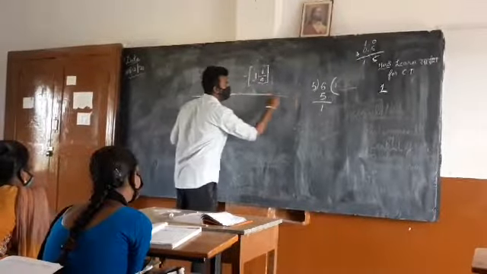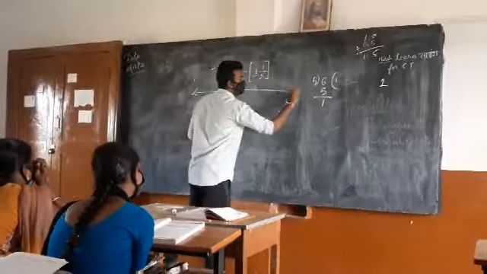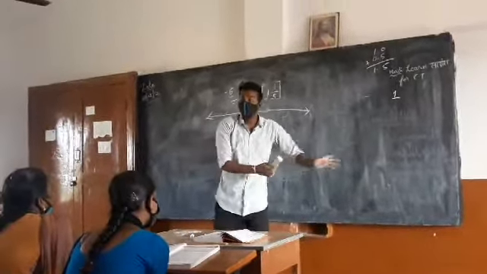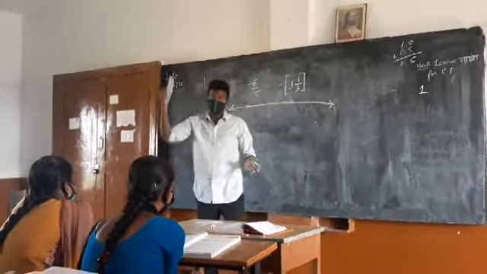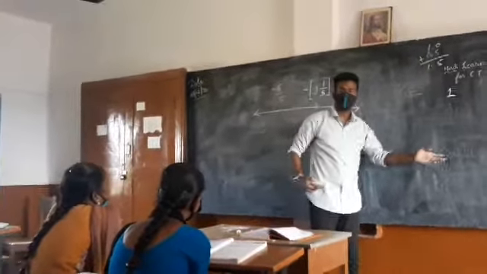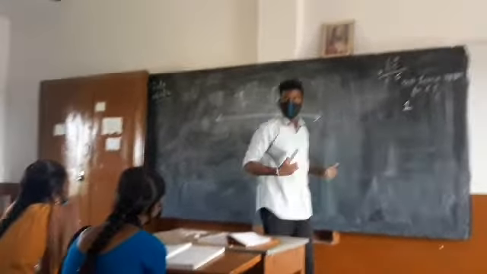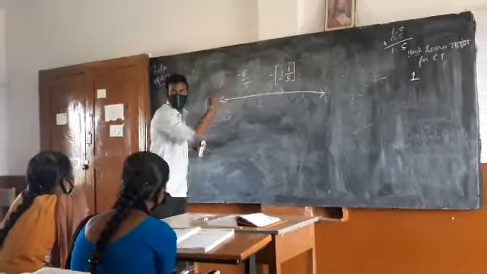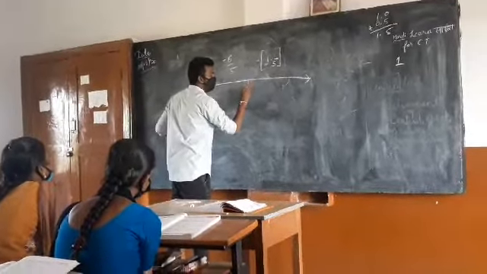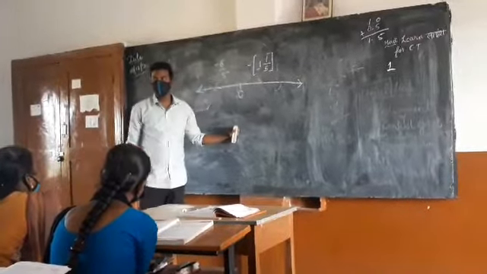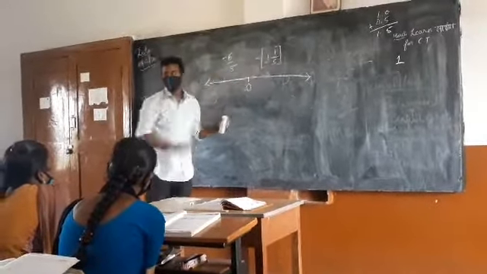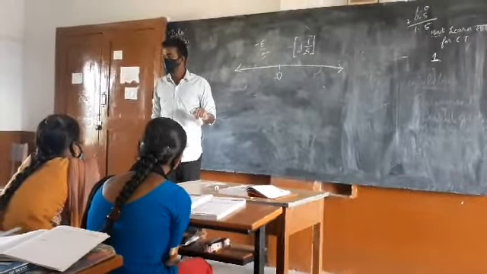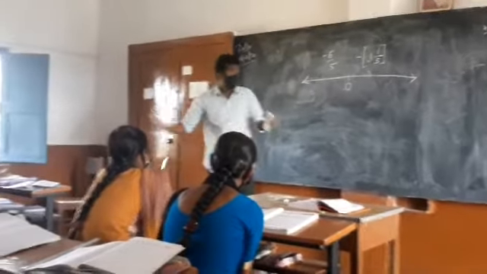So it is similar to the previous problem, but your direction is opposite. In the previous problem you move towards your right side, whereas in this problem you move towards your left side for plotting the negative number. So any predictions for the integers between which minus 1 1 by 5 lies? Any prediction? Yeah? Minus 1 and minus 2. Very good.